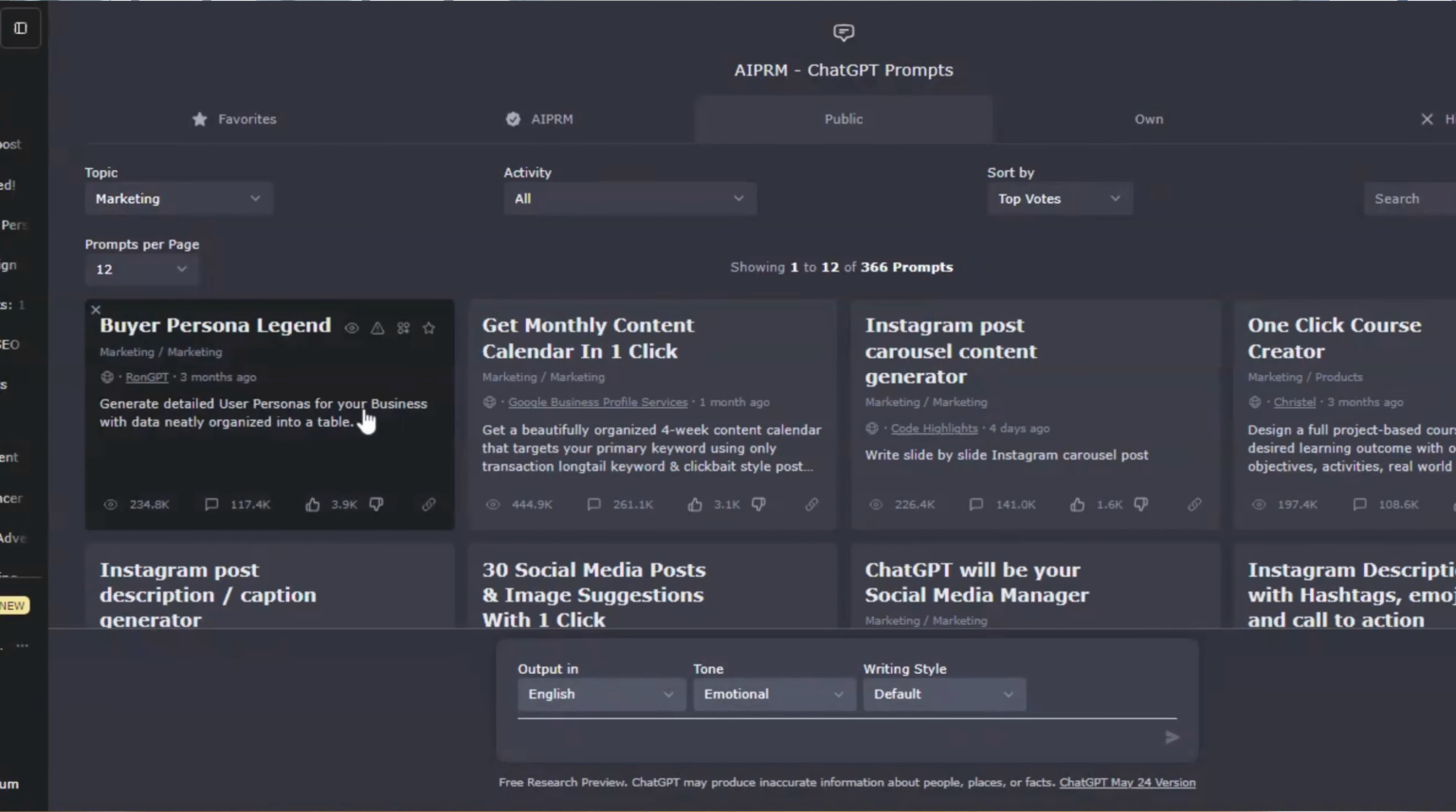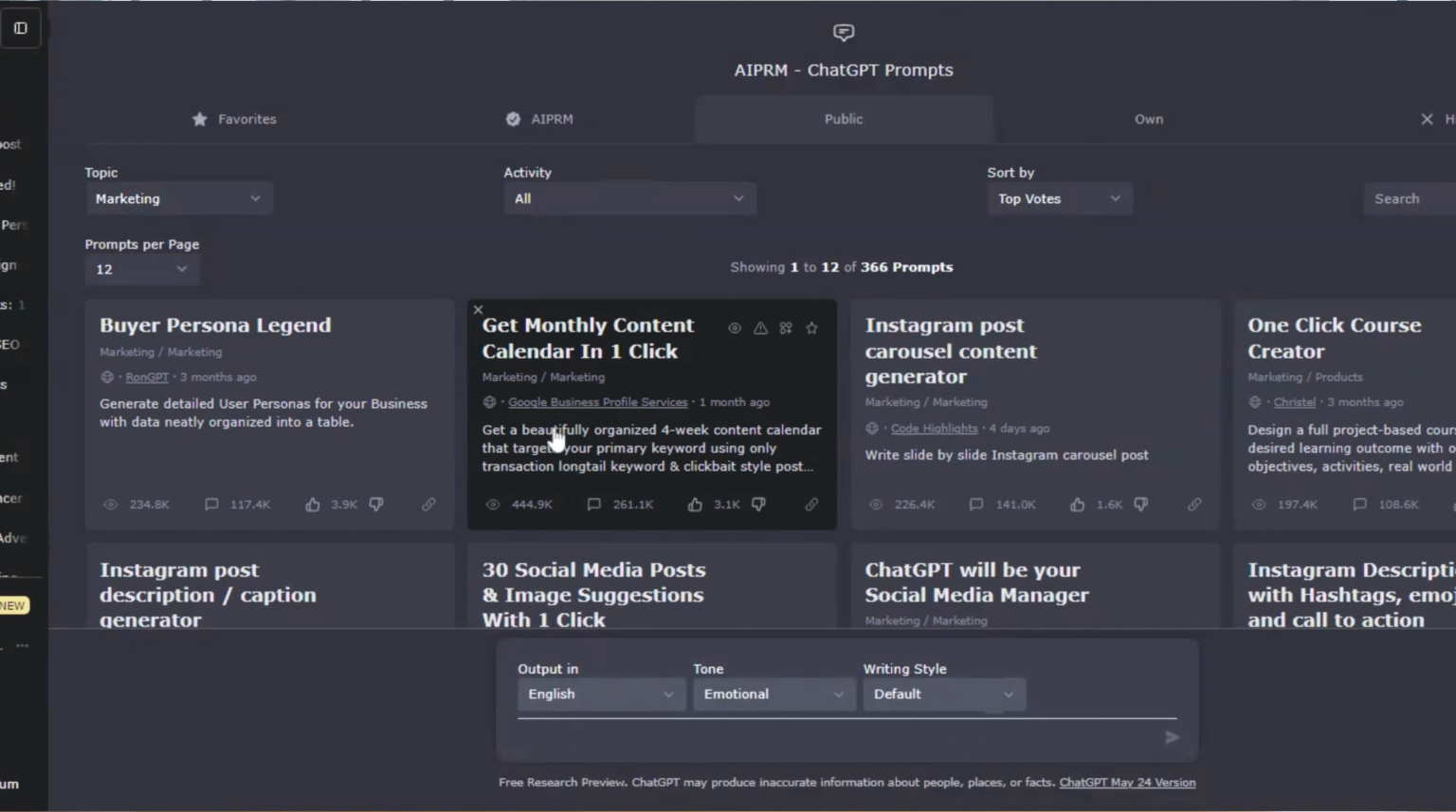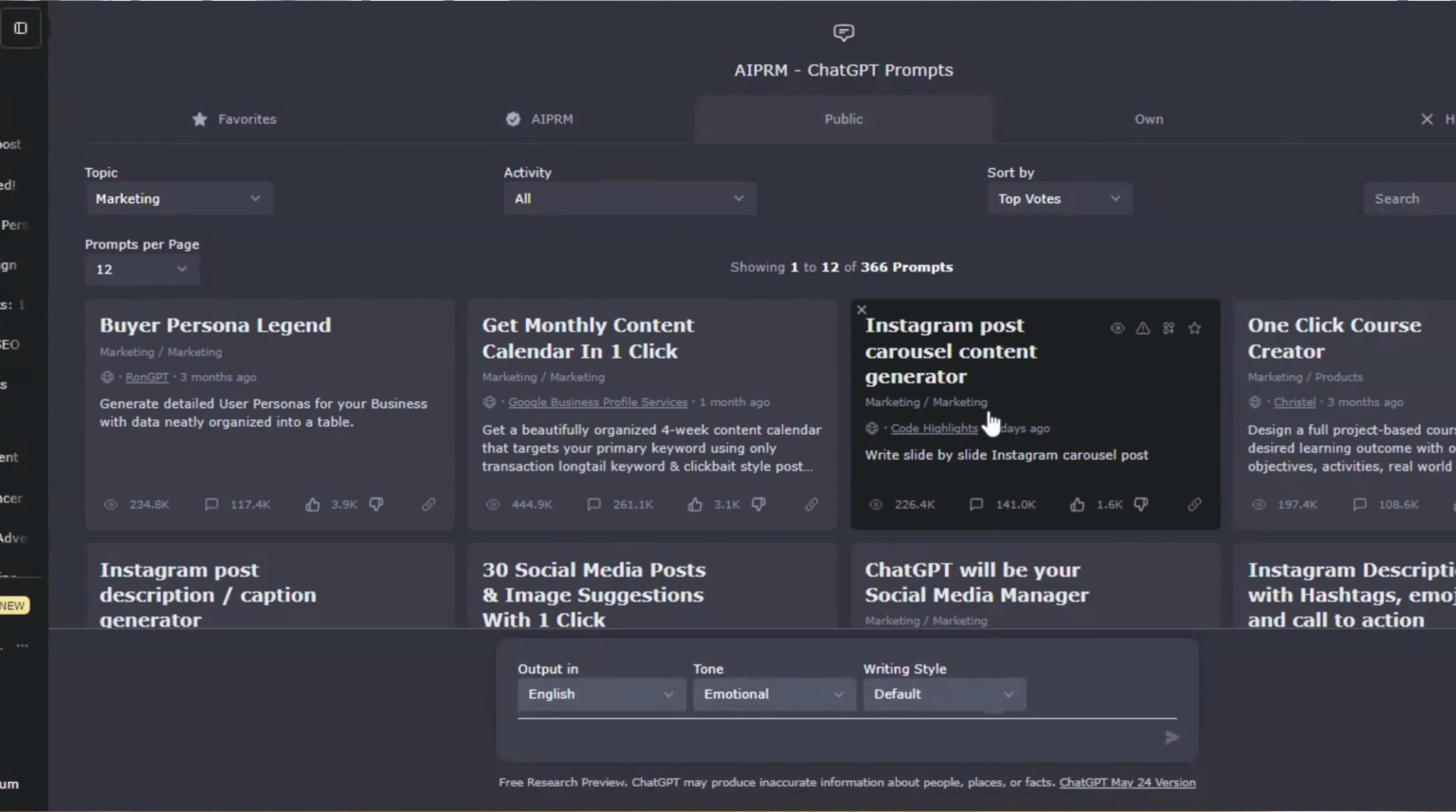Apart from that, I focus on the marketing part of it. There are so many kinds of prompts, and as you can see under the marketing part, you have the buyer persona, you have different tabs, Instagram post generators, which I will be creating more tutorials about from